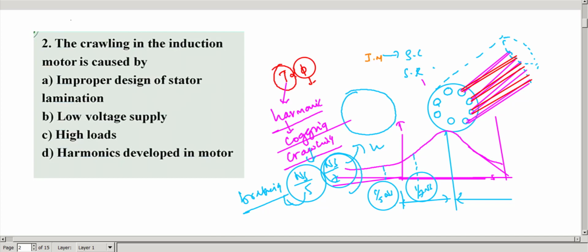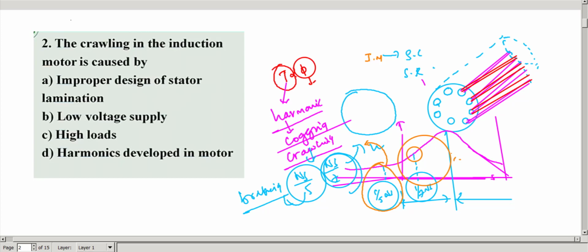So 1/7 of the synchronous speed in torque slip characteristics comes under the unstable region. 1/5 of the synchronous speed comes under the braking region. Actually, if crawling occurs at 1/5, then the motor will get stable at this point. Actually at an unstable point, it is getting stable.